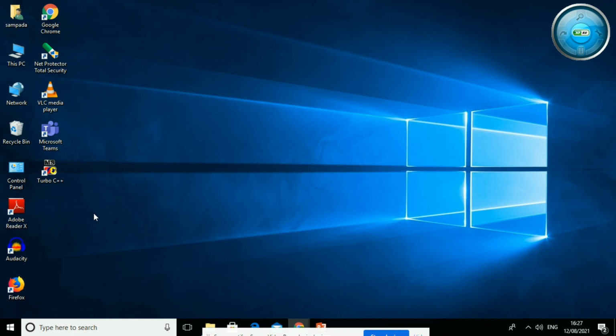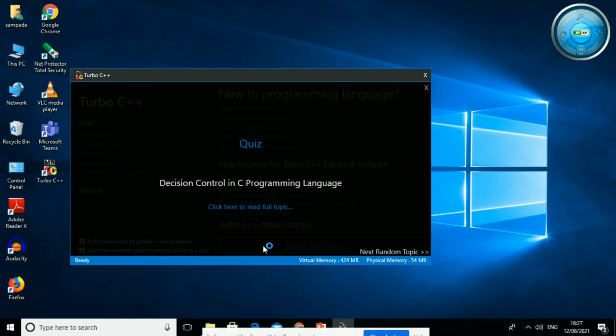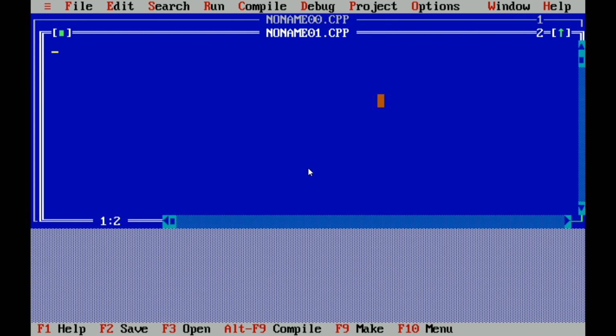Now I want to execute this program with the help of Turbo C. So first of all we need to open Turbo C. Okay. Now create a new file. Now what is our first step? That is include header files.